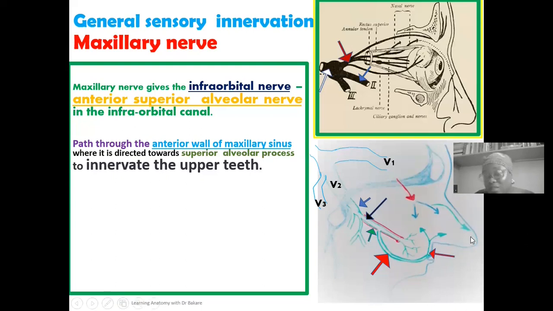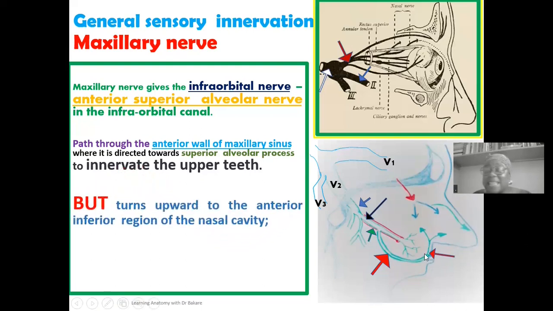As it goes towards this part, you now see it making an upward turn. This is where it makes the upward turn after supplying the superior alveolar process. At this point, you see it giving off two branches. It gives off a branch to supply the anterior inferior part of the lateral wall of the nasal cavity, and this is where it gives off that branch, supplying the anterior inferior part of the lateral wall of the nasal cavity, and also